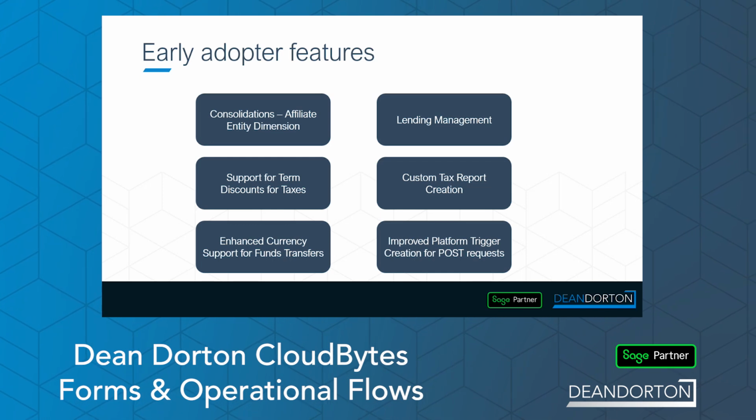I can think of one customer that might do well to be in this early adopter piece, and we'll definitely try to reach out to them proactively and see. But this gives you an ability for another dimension called an affiliate entity dimension